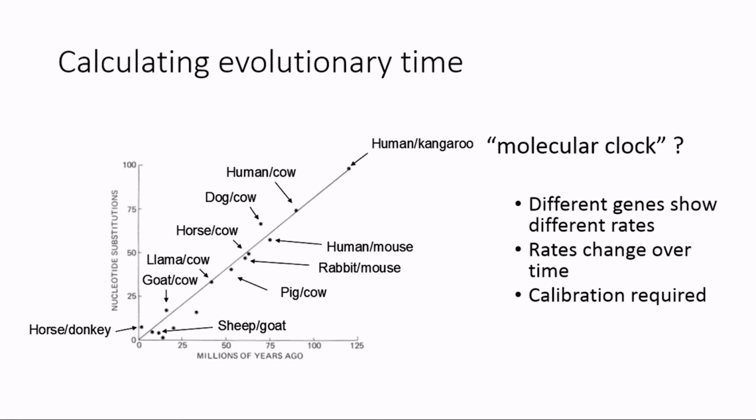So we can't use this relationship between substitutions and time in order to estimate the time of divergence of something that's very, very much more anciently diverged from the group that's shown here. And you always need some independent way of calibrating the sequence substitution rate independently of the sequences themselves, if you want to be able to tie it